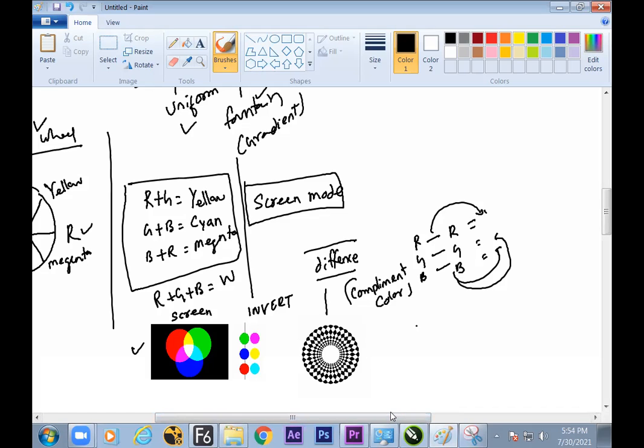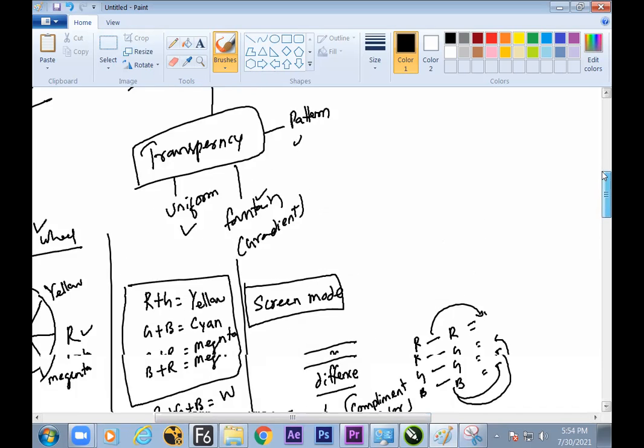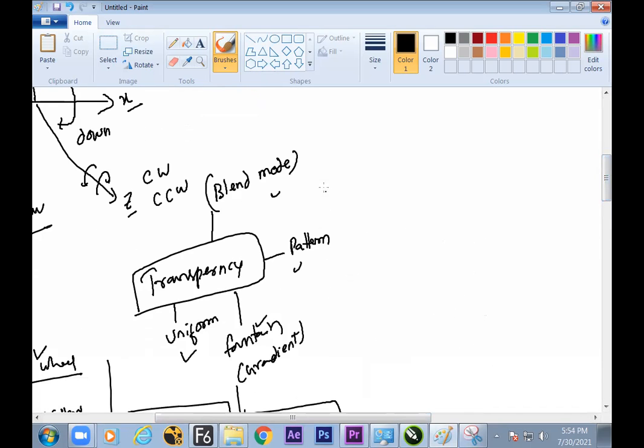Is the difference mode clear? I'm just making it go in a bigger way. By default, normal. We have now learned screen. Then we got to know invert. Then we have understood difference.